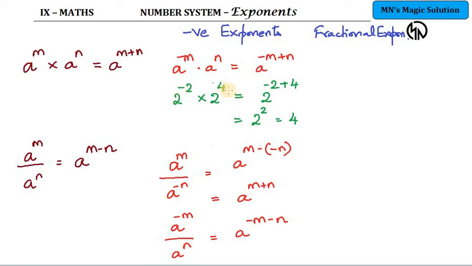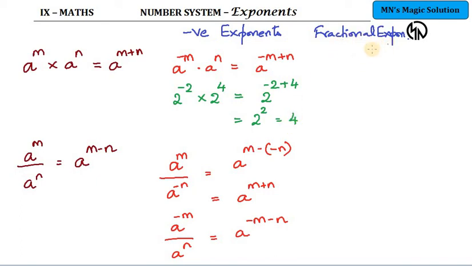So I guess it's easier to simplify. In the powers you are still adding, and it is an algebraic addition. So even if the signs are negative, it doesn't matter for us. Straight away the negative values in algebraic addition we put them in, and accordingly we sort it out. Here it is minus 2 plus 4. So one of the signs is negative, so I'm doing a subtraction and putting the sign of the greater one, which is plus. So you get 2 squared, which is equal to 4.